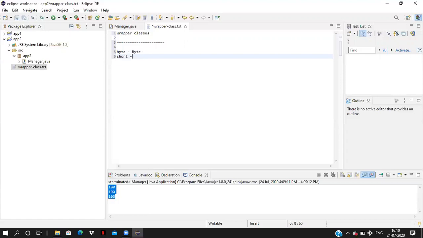For short, we have a Short class in Java. For every primitive data type, we have a wrapper class. For char, we have the Character wrapper class. For int, the wrapper class name is Integer. For long, the wrapper class is Long.